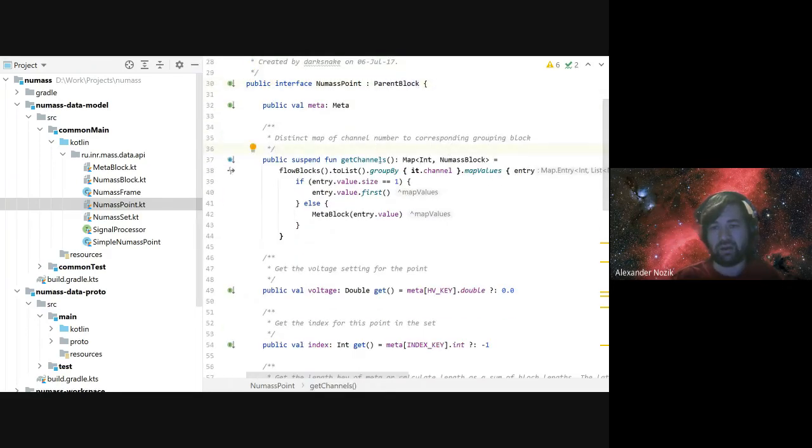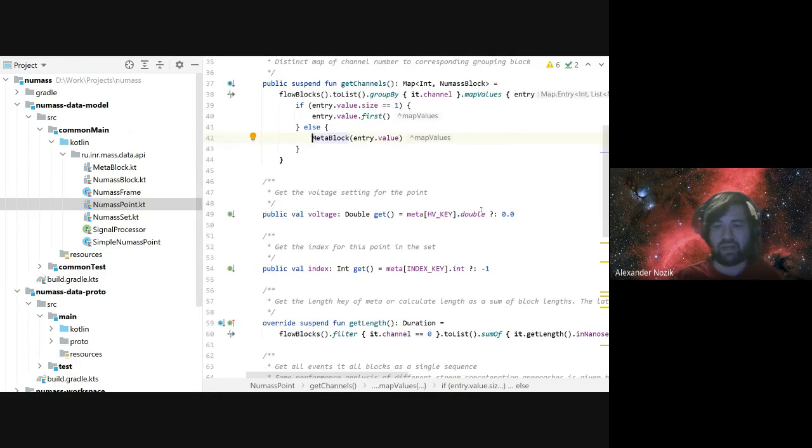And then we can create the channels by selecting only blocks with a given channel. So we group those blocks by channel and return a map of int to block, where int is the channel name. And here we combine all blocks with the same channel into a single block for easier processing. Then we have some additional default implementations for